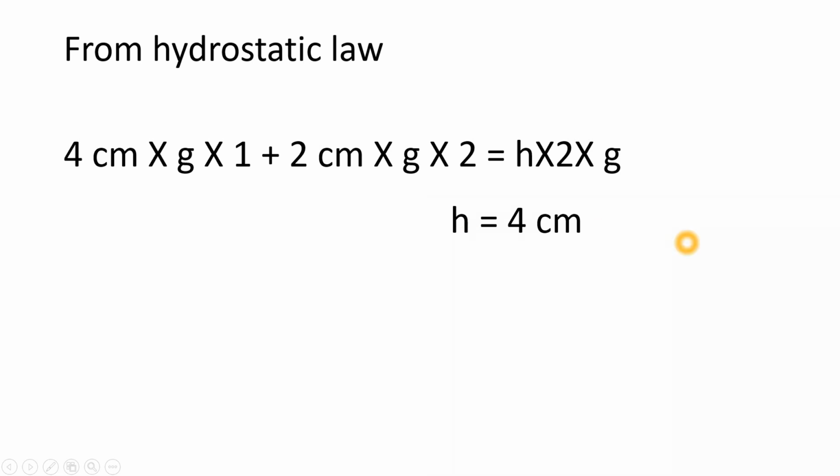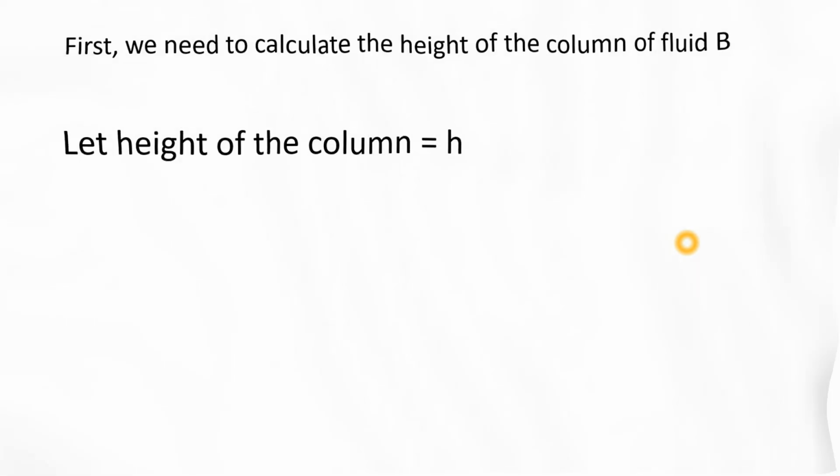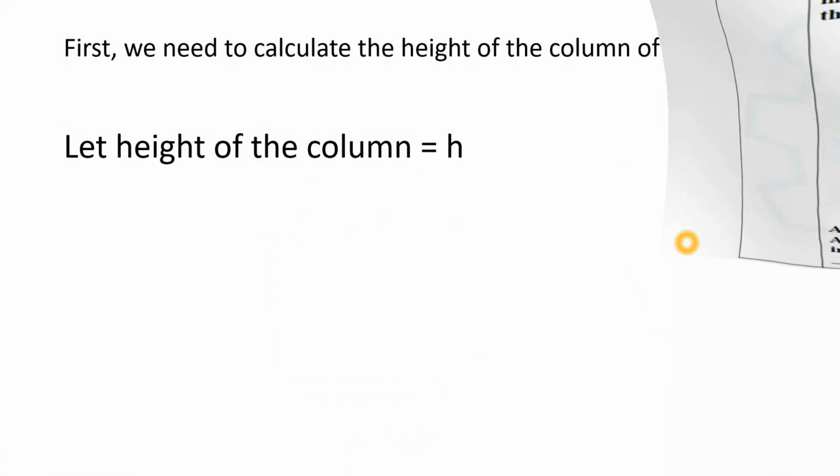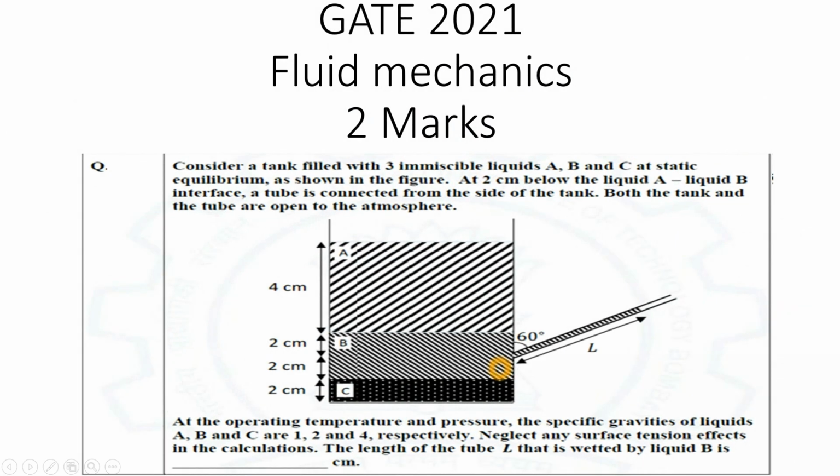If we get this, then we just want to calculate the length L that was shown in the figure. We just need to calculate L now. How can we calculate it? You can see here, now we have calculated a base. If we consider it as a triangle, from here to here, then we can say the hypotenuse is L divided by the base, or we can say the adjacent.